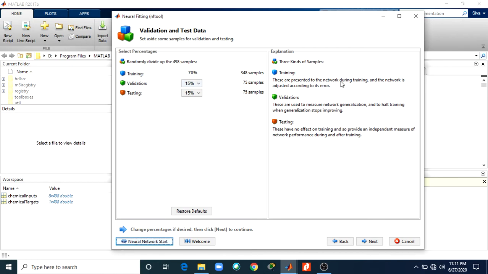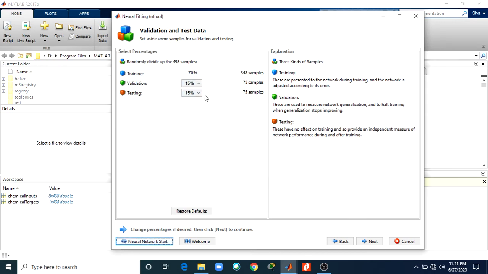The 348 training samples are presented to optimize the network. The validation samples are used to measure network generalization and to halt training when generalization stops improving. The testing samples provide an independent measure of network performance during and after training.